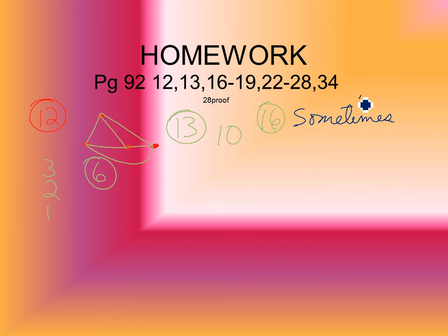If I just draw 3 points here, 3 points that are not on the same line, when they say they determine a plane, it means there's only one plane. But if I draw 3 that are on the same line, what's that called? Give me a geometry word. Collinear. If I draw 3 that are collinear,